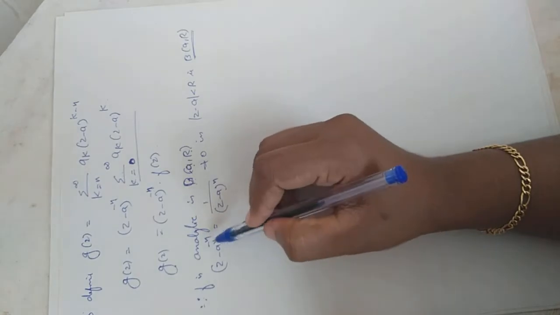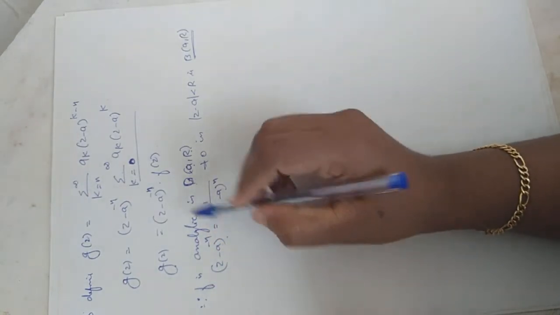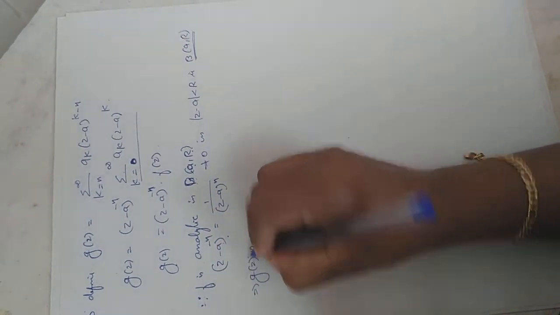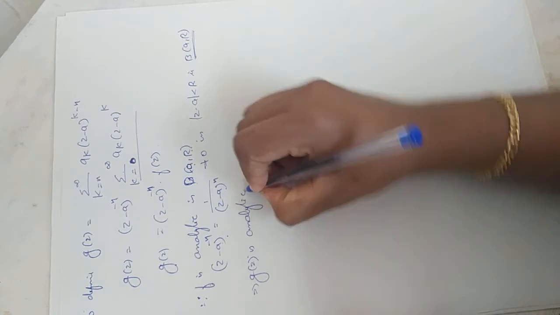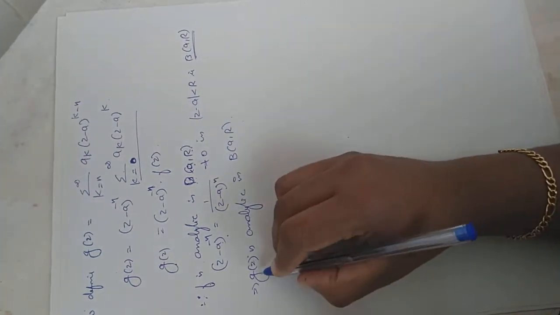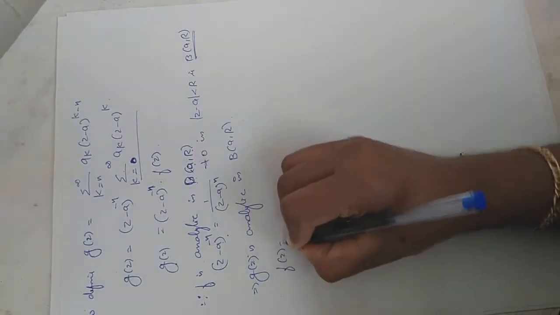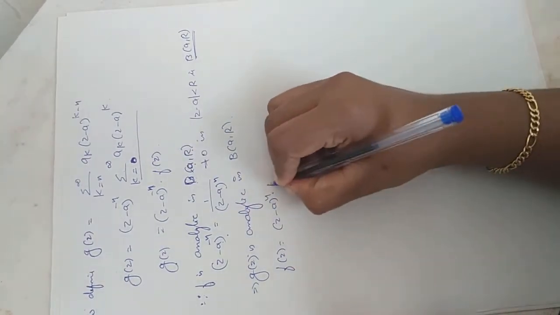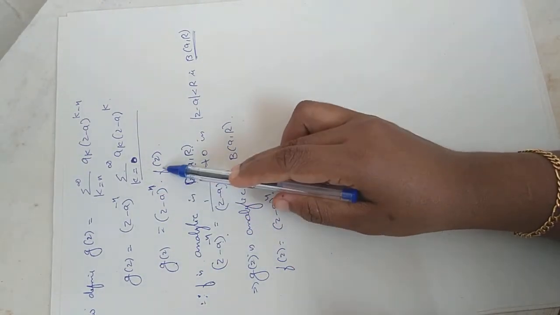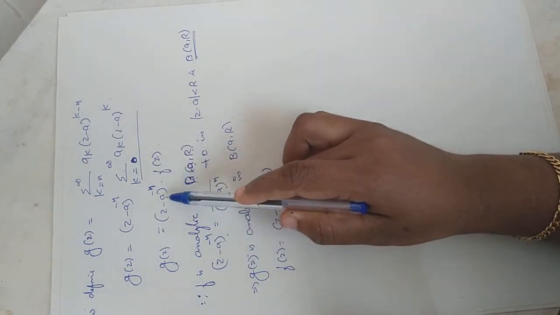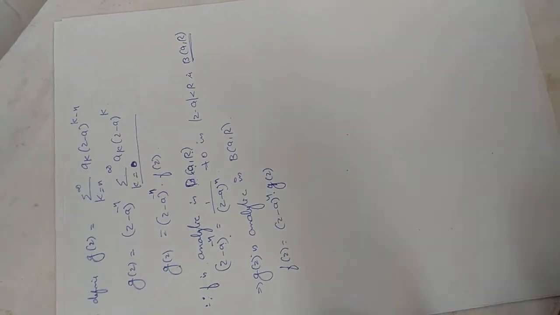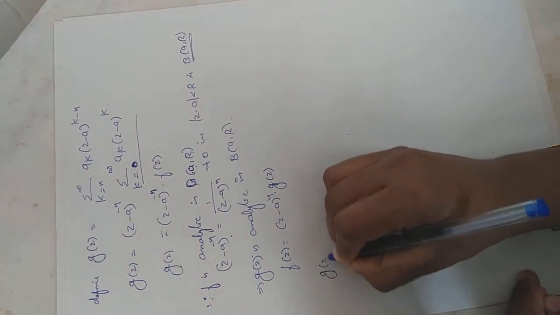So by using analyticity of f and this function, because it is the product of two analytic functions, g(z) is analytic in B(a, r). And using g(z), I can also write f(z) = (z − a)^n g(z), since g(z) = (z − a)^{−n} f(z). Therefore f(z) = g(z) times (z − a)^n. Now we have g(z) can also be written,